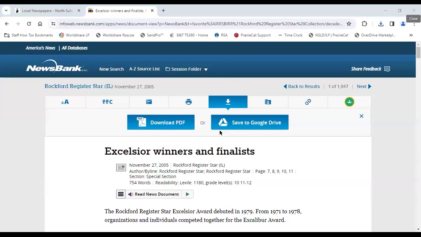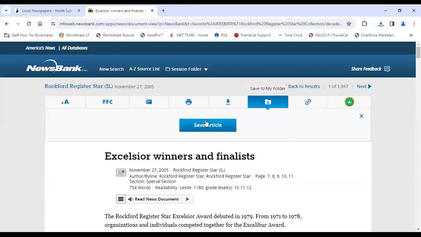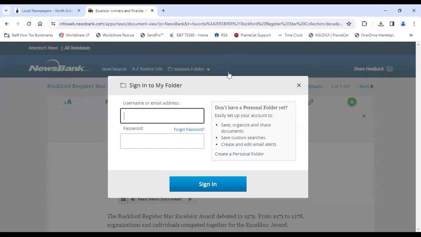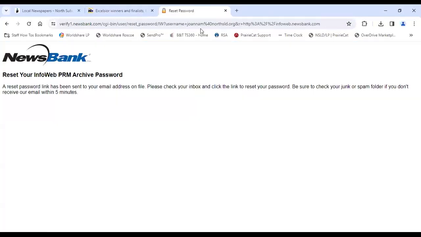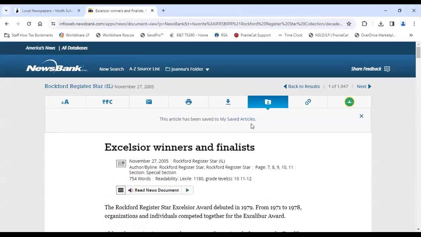You are able to save to your personal folder. So, in order to save the article, you will need to sign into your account. If you don't have an account yet with Newsbank for Rockford Register Star, you can select to create a personal folder. You want to input your email address, your first and last name, and then your password that you would prefer to use. Okay, so once you are logged into your account, you'll see that your article has automatically been